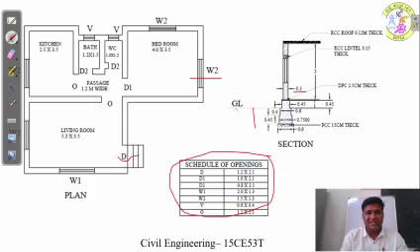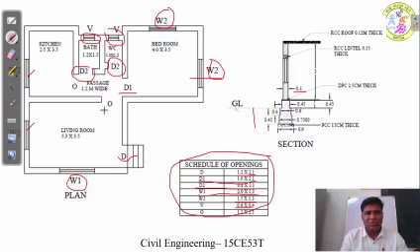So here there is D, the size of the opening D is 1.2 by 2.1, and the opening size of 1 meter by 2.1 is D1, that is here, there is one number, and D2 is 0.8 meter by 2.1, there are two numbers of D2, and then W1, the window opening size 2 meter by 1.3. Here this is W1. W2 is 1.5 by 1.3. There are four numbers of W2, 1, 2, 3, and 4. And finally there is a ventilator of 0.6 meter by 0.4, two numbers.